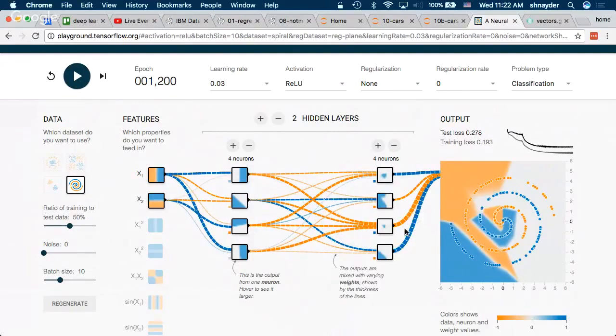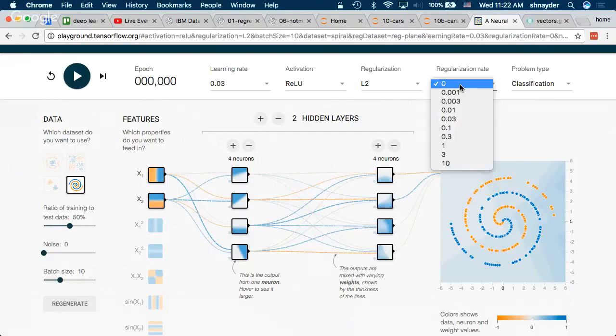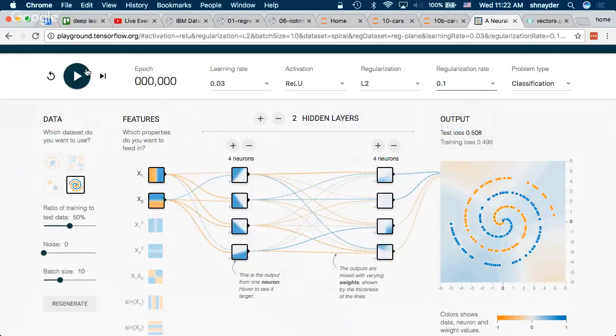These weights are getting to be quite big. One thing that's sort of silly, if I recall correctly about this simulator, is that if I change this, I think it resets everything. Yeah. So let's add some regularization. Try it again.